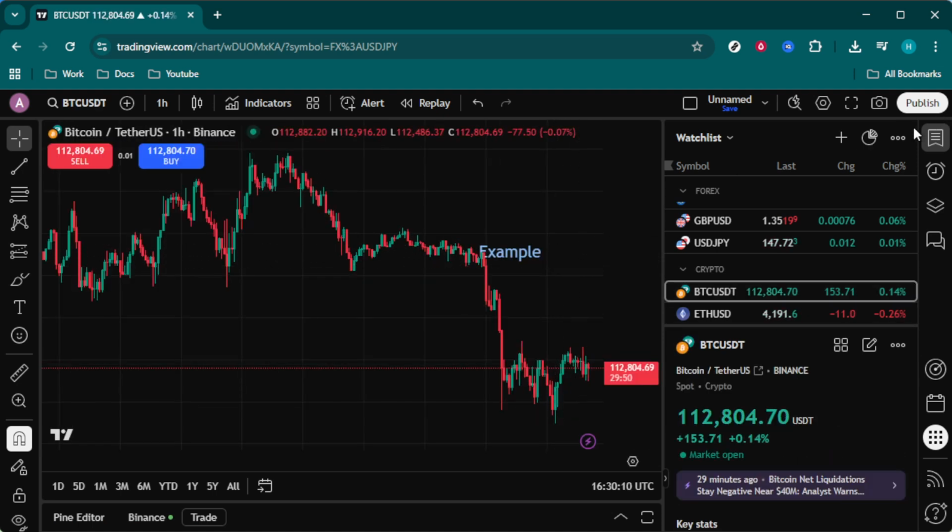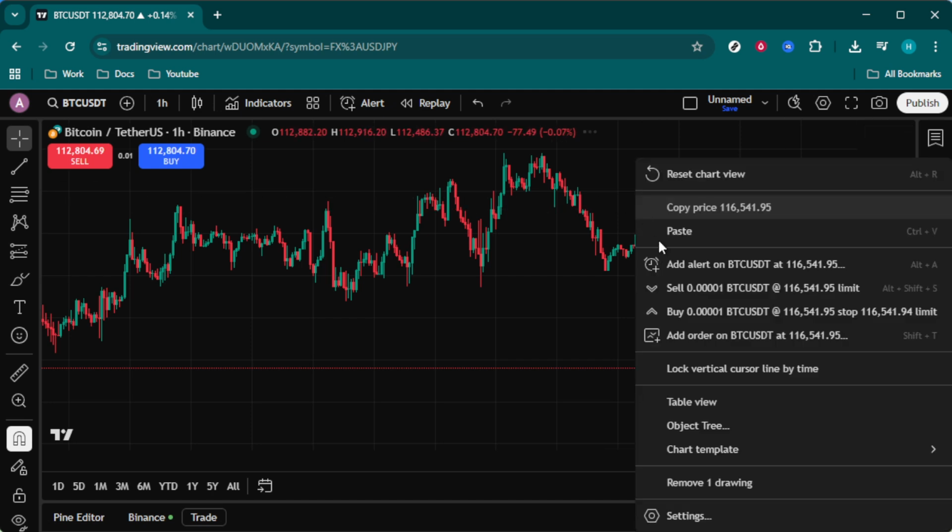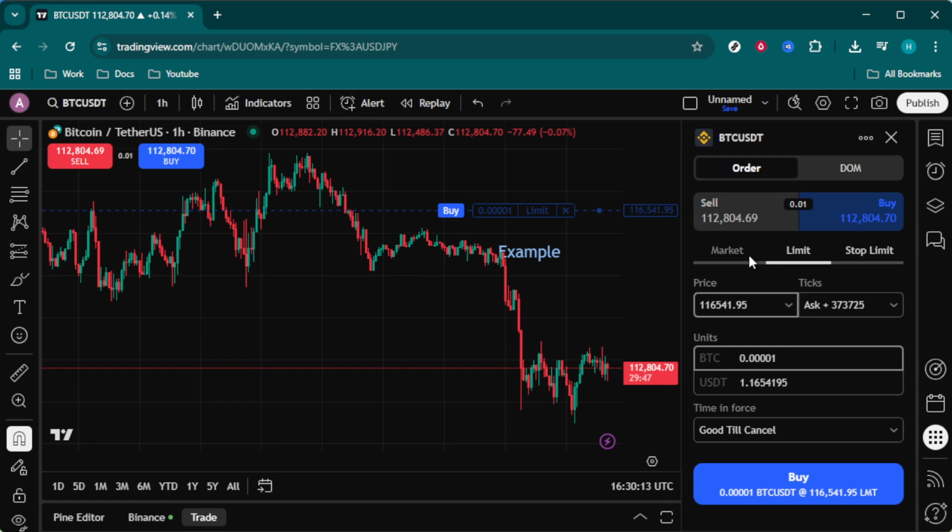When you're satisfied with the setup of your order, decide on your position, buying if you anticipate the market going up, or selling if you expect it to go down. Click on either buy or sell to execute the trade. It's as straightforward as that. You can monitor